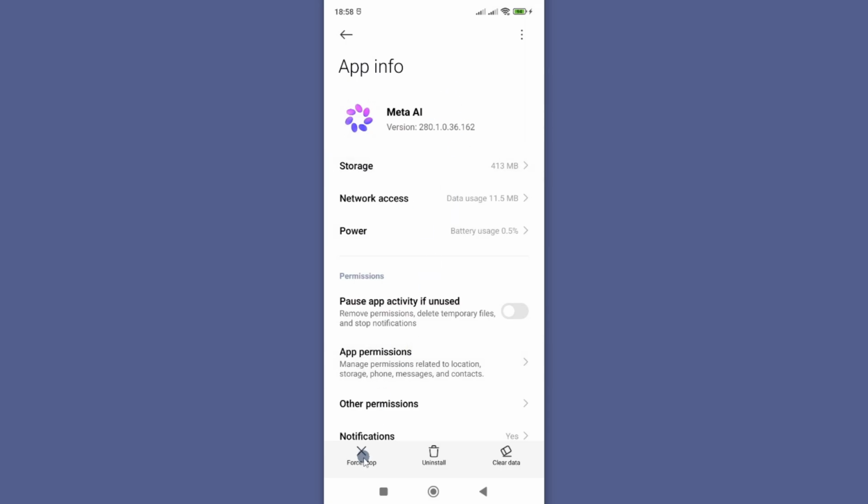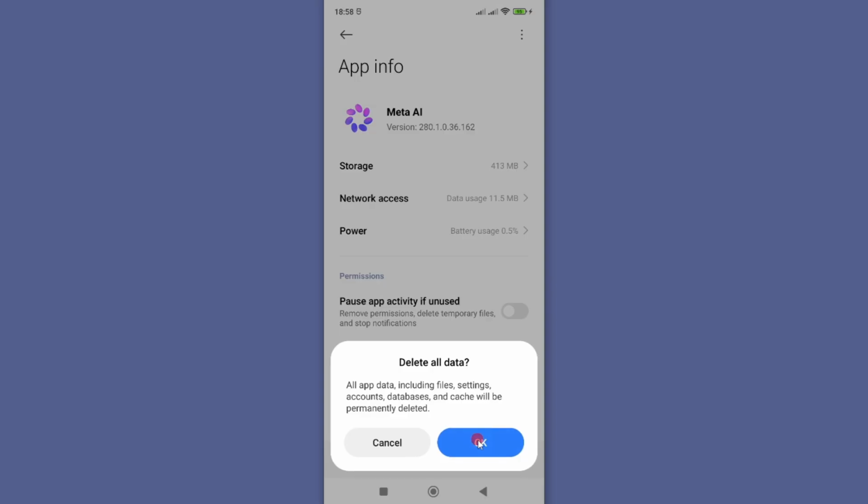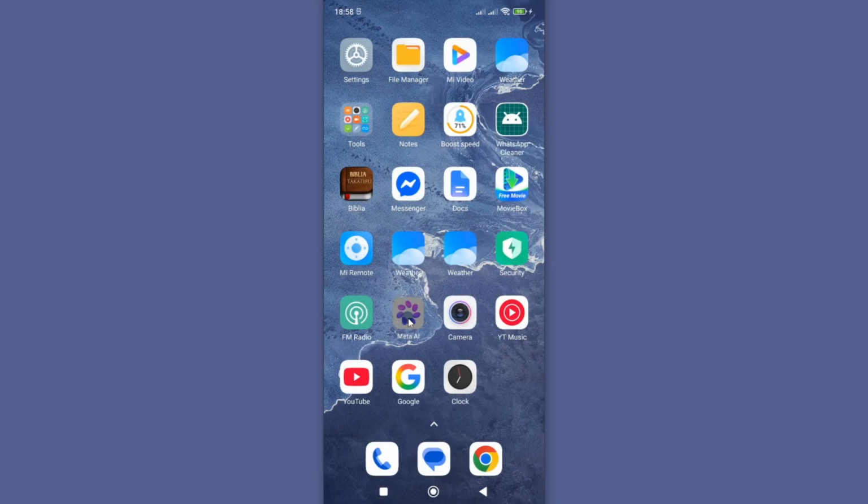Now from here, first go to force stop to stop any background activities that might be causing this issue. Then go to clear data and choose clear cache and okay, and finally clear all data. Once you are done, restart your smartphone, and now if you go to your Meta AI app, it should be